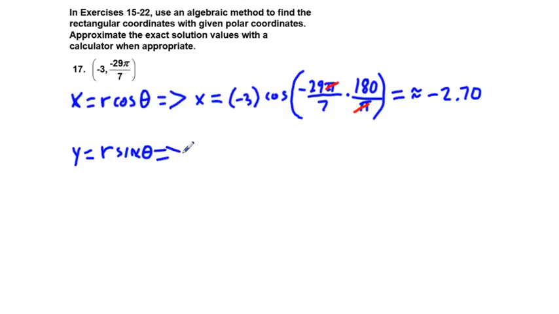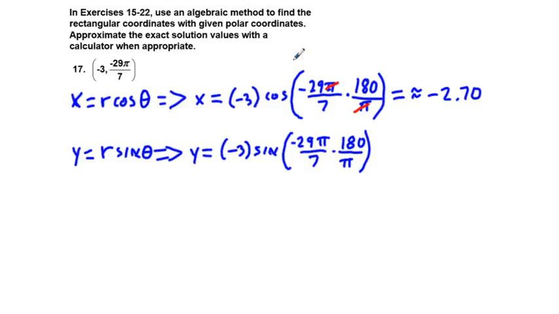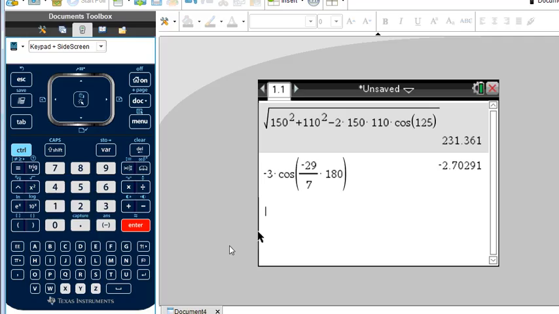And now for the y coordinate, we have y is going to be equal to -3 sine of, same thing as above, -29 pi over 7 times 180 over pi. So this times 180 over pi, that's a conversion to degrees. And why do we do that? Because I know my calculator is in degrees mode. And so I'm going to make approximately equal to, go back to the calculator, and we're going to put -3